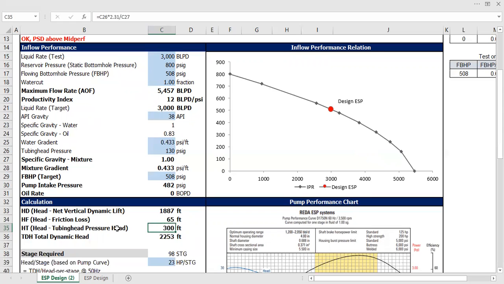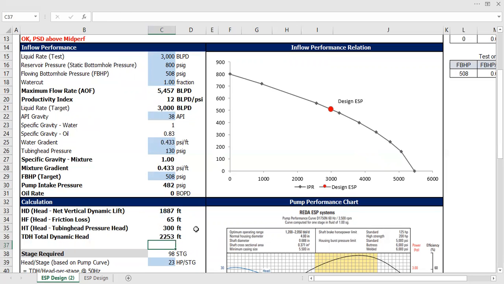If you convert it to distance, it's actually 300 feet. How do you calculate that? The flowing wellhead pressure or the tubing head pressure multiplied by 2.31 divided by the specific gravity. Very easy. And then you can just sum them up to get the total dynamic head of